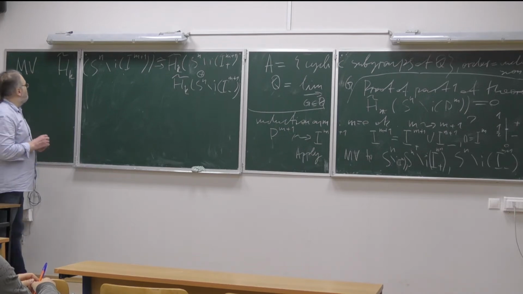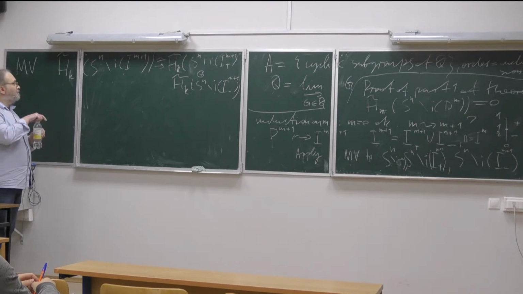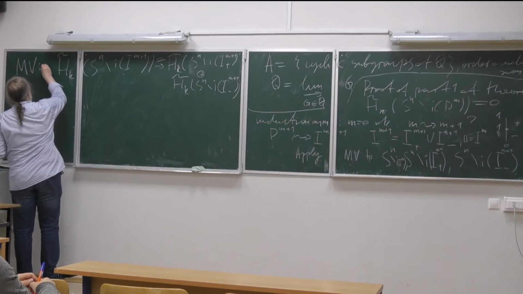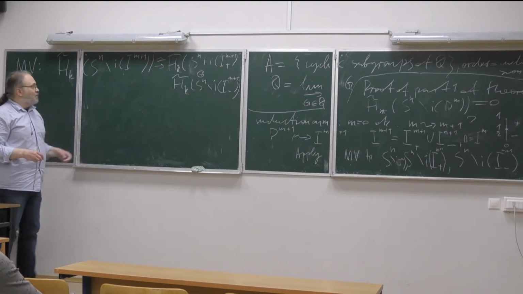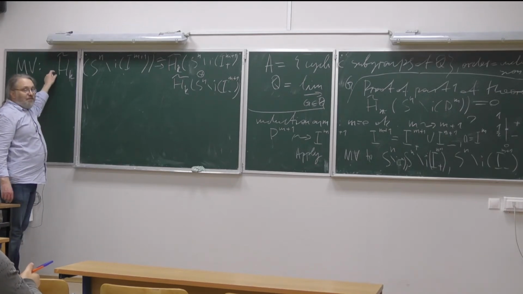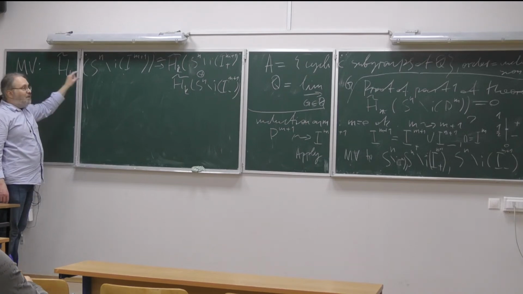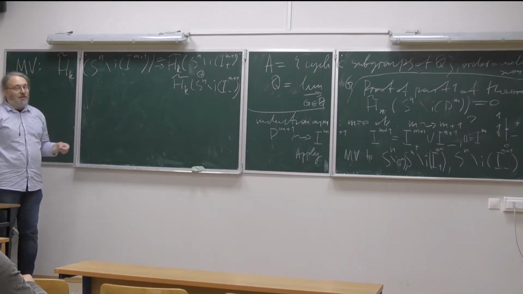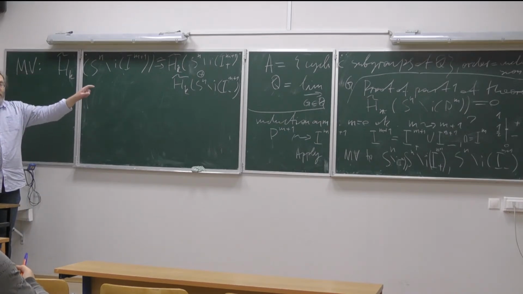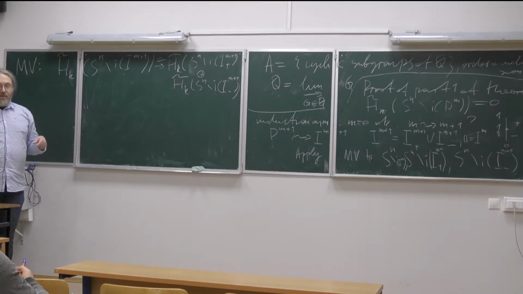Okay, so we have an isomorphism from the... Why is it an isomorphism? Well, because in the Mayer-Vietoris sequence, on the left and on the right, we have the reduced homology of Sn minus I of a lower dimensional cube. And by induction we know that